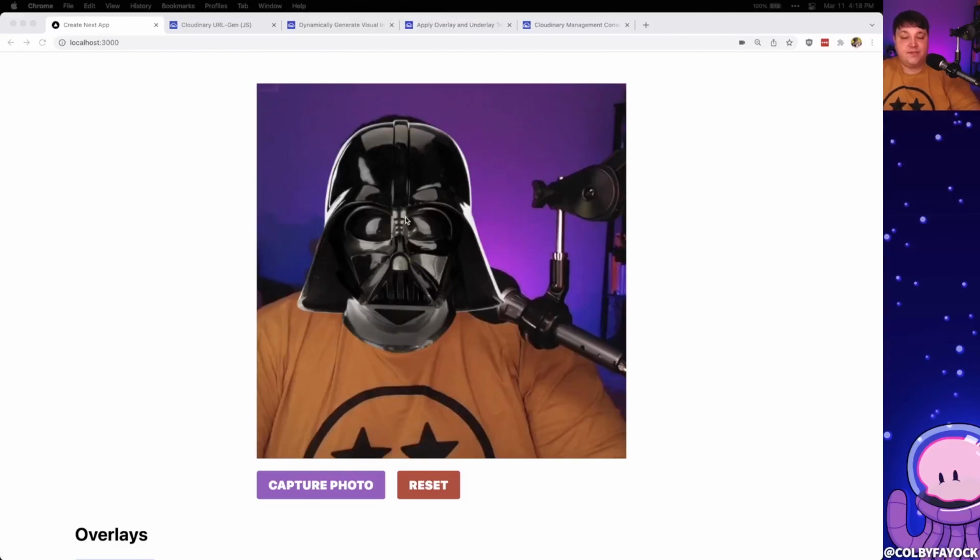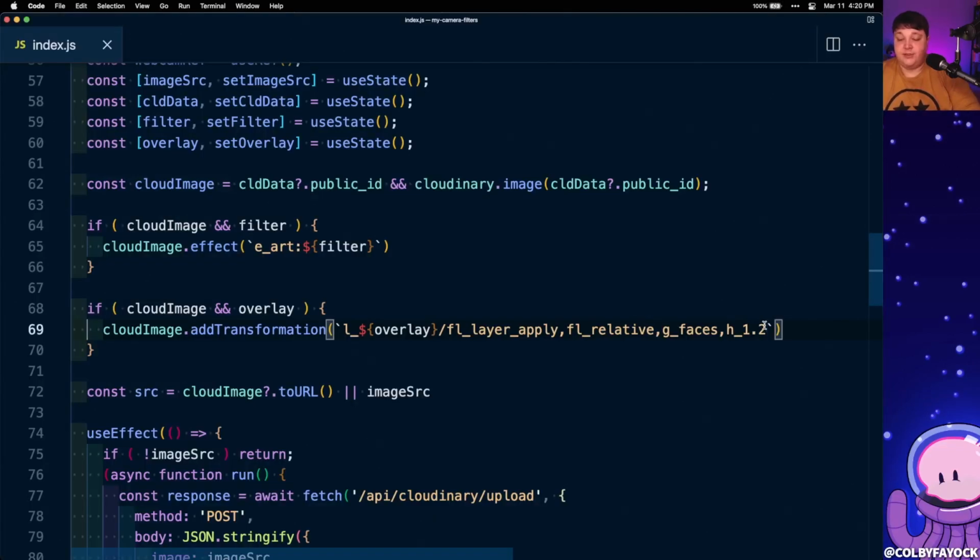We can even shift this up a little bit. And to do that, I can use the Y, which is going to be the Y axis. So I want it to go up. So I'm going to use a negative value so that it goes up. And this value again is going to be relative to the actual face that was detected. So we really only need a very small amount. So I'm going to say